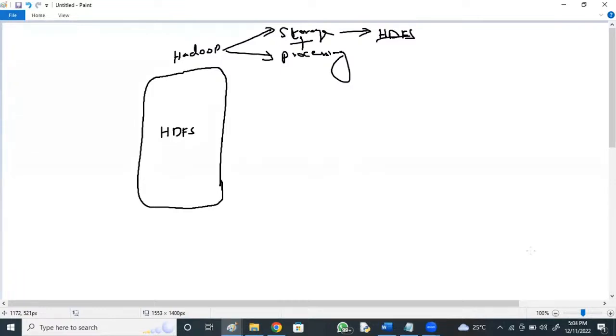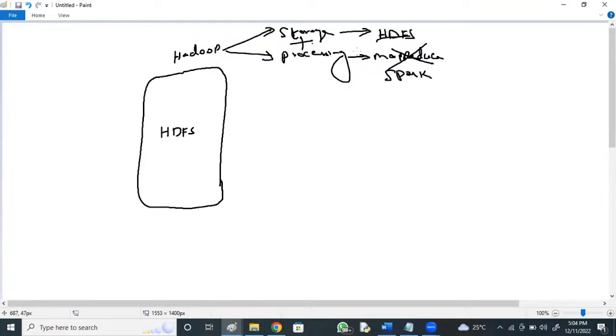For processing, Hadoop used to use MapReduce. MapReduce was widely used in 2012 to 2016, but now it is outdated because of the huge amount of coding and programming required. So we are using Spark.